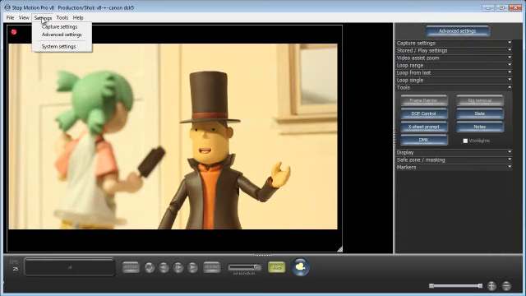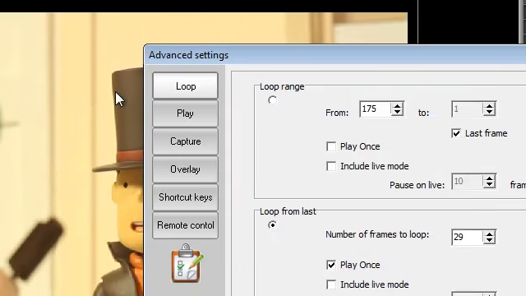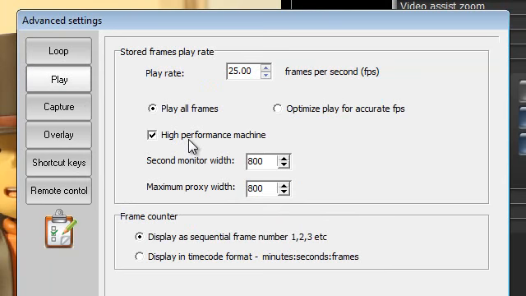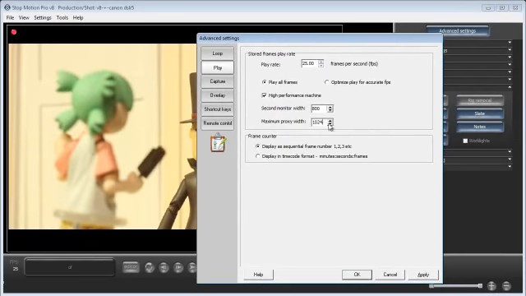One other thing that's worth mentioning here, which is the difference between the Canon and Nikon cameras, under the settings, advanced settings, under the play menu, if you have a relatively fast machine, you can increase this maximum proxy width. And what this does is it means the preview image that you see in Stop Motion Pro is bigger. And with the Canon DSLRs, you can do this. With the Nikons, that figure is generally lower, but with the Canons, you can go full screen by changing